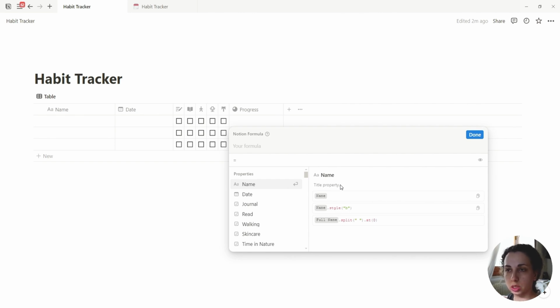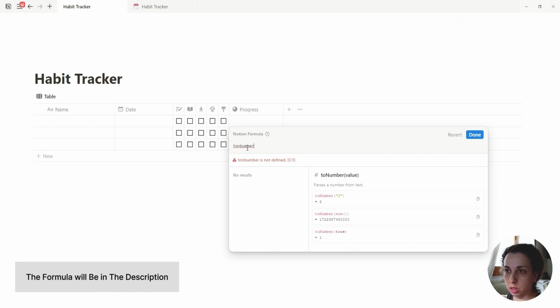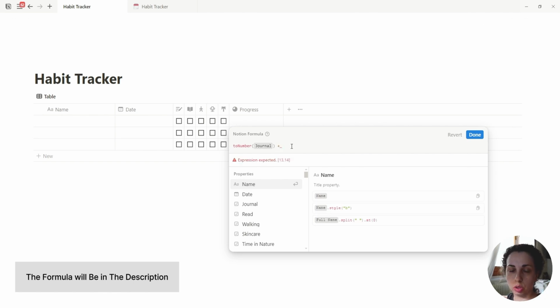So what we're going to do is tell Notion to translate each checkbox to a number. So then each checkbox is going to be a number. It's going to count how many habits we have completed, and then divide by the total habits, right? So we have the progress with that. So to do that, we just need to add toNumber formula. You can do it by using the original Notion formula. This goes like this. Okay, but you can also use the new formula